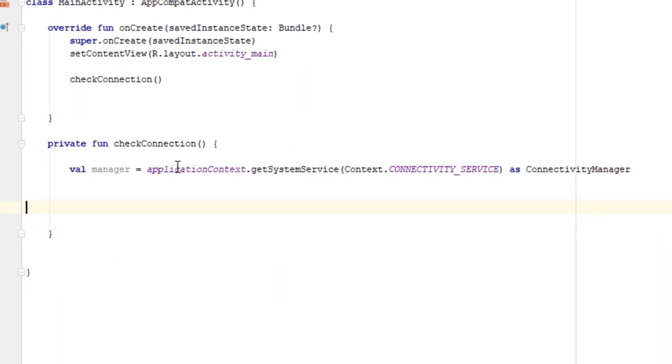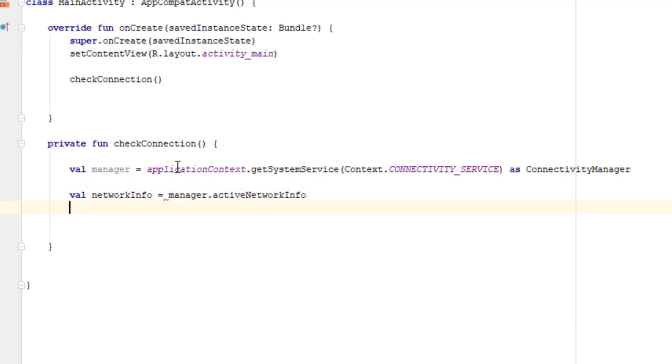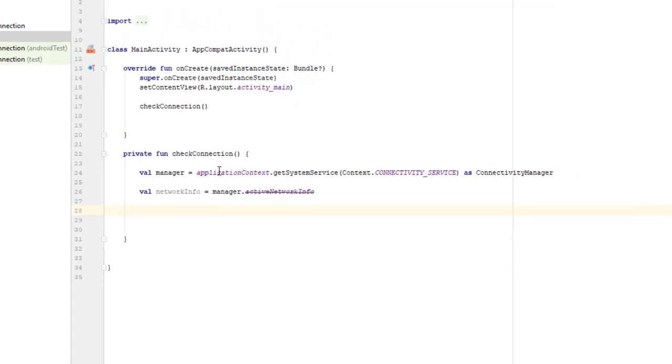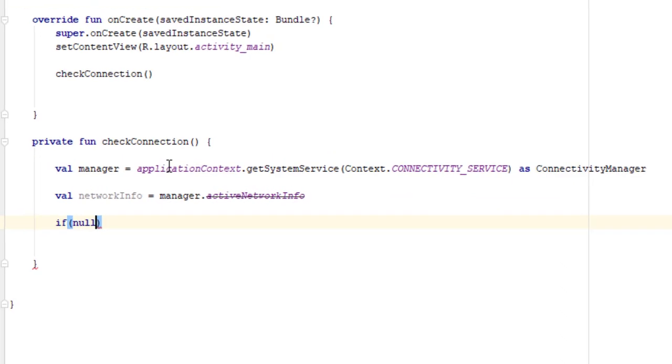We will call a method, active network info method. Okay, now we will check whether our network info state is null or not. I'm taking an if condition: null is not equal to network info. Now here